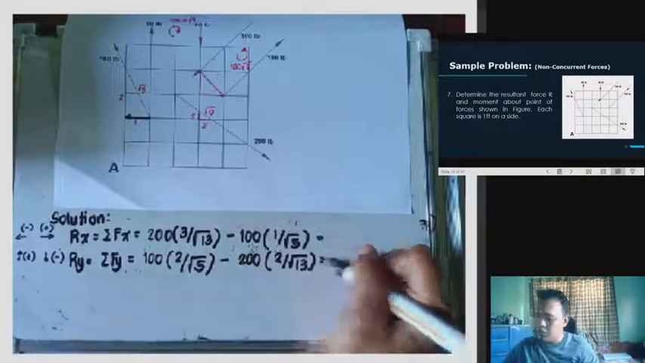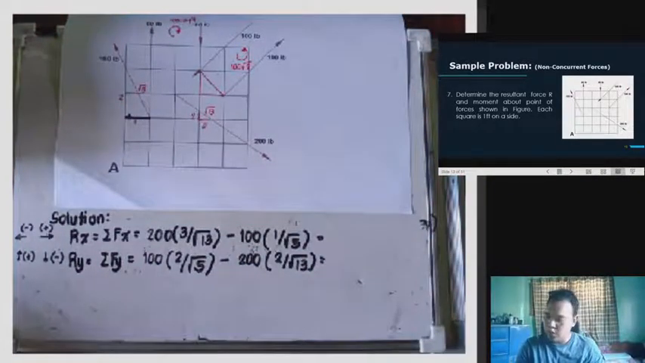Okay? Solve natin siya. So we have here 200 times 3 all over the square root of 13 minus 100 times 1 all over the square root of 5. So we have here 120